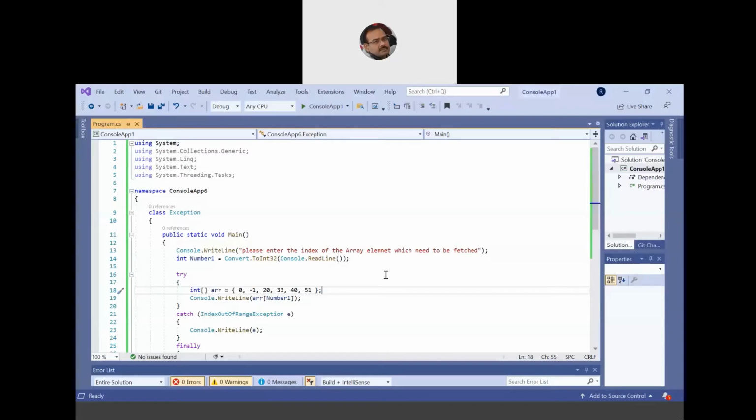Now, since we are able to handle this problem with the matching catch blocks, we call it exception handling. That means as a programmer, I can handle the exception which has been thrown by the lines of code written in my program. But since we cannot handle the error, we never say error handling. In the books, in the literature, you only find exception handling as the name of the chapter or topic, but not error handling, because errors are beyond my scope as a programmer. But yes, I can handle the exceptions. That is why we use the word exception handling.